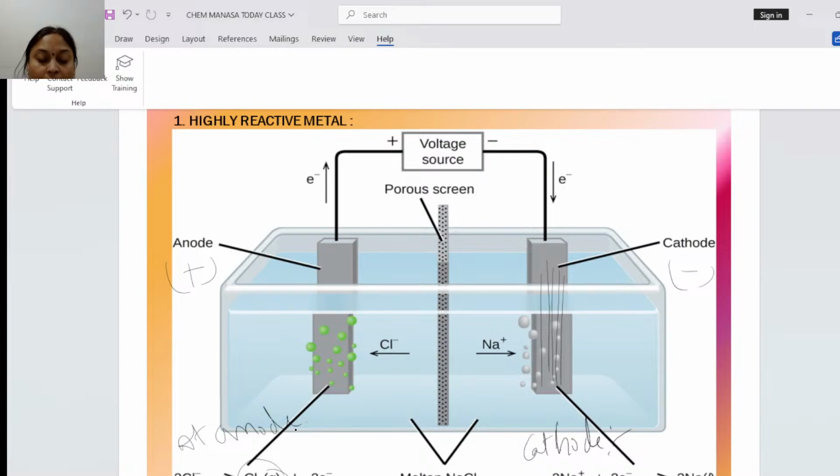In the electrolytic cell, two graphite electrodes are dipped, one is the anode and one is the cathode. The anode is a positively charged electrode and the cathode is a negatively charged electrode. In the electrolytic cell, molten or fused sodium chloride is taken. So whenever electricity passes through the electrodes, sodium chloride melts and dissociates into ions. Then sodium ions move towards the cathode and chloride ions move towards the anode. In this way, you have to write